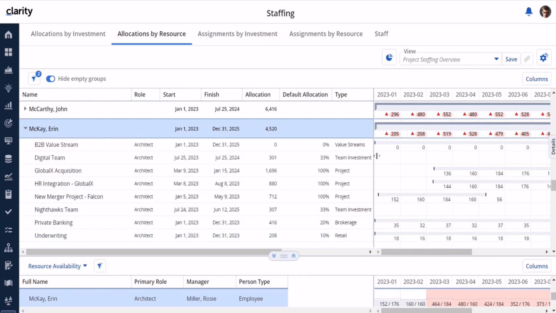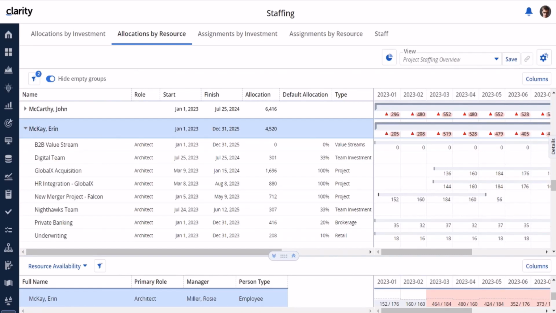You can see her demand by period summarized for each one of her allocations. In this way, you'll have better visibility in all the work that Erin McKay is staffed on, both team and